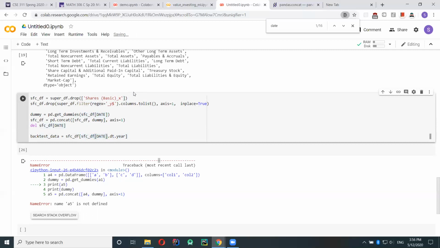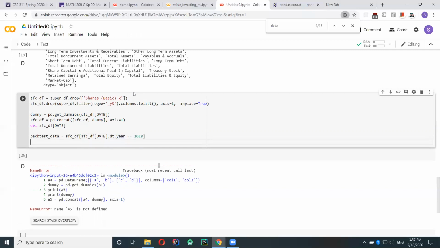When it's doing the filtering, it's some pandas datetime thing. So when you do dt, you can get the datetime object, and then you can get the year, which is an integer, and then we want to compare it to see if it is 2018.